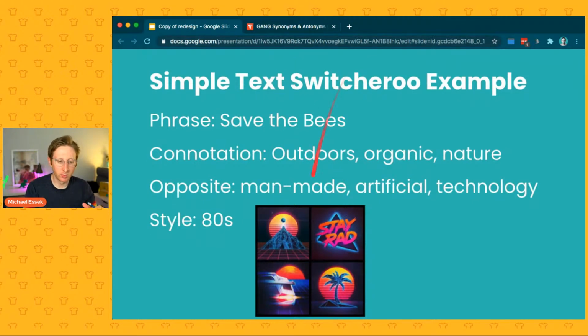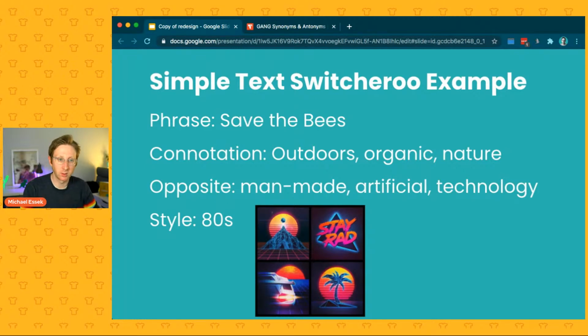If you can come up with a style like that people recognize and understand, then that would make a good juxtaposition. So you can imagine here, like a "save the bees" text with a little bee graphic, but we've got these kind of colors and this kind of style going on. That would create a nice juxtaposition. Not saying it's the strongest idea in the world, but that's the general idea of what we want to do. Take a phrase that has one kind of connotation, flip it, and then pull out some graphic that we can place it into, and it's going to create this juxtaposition between the two, and it's going to create the joke,